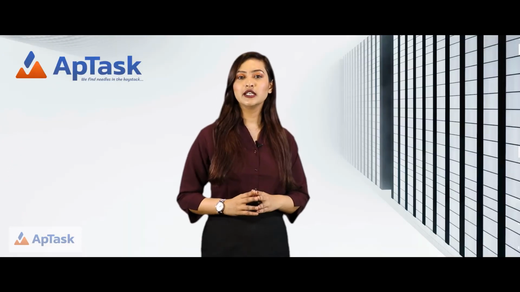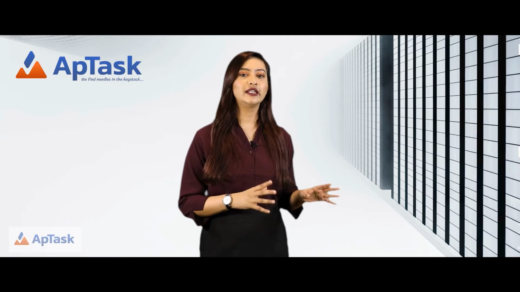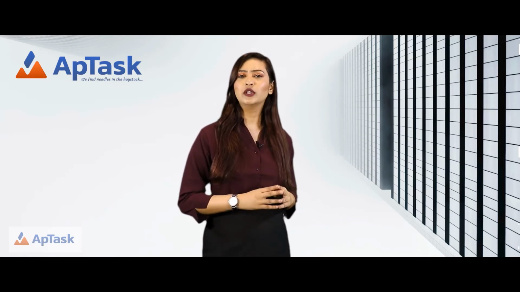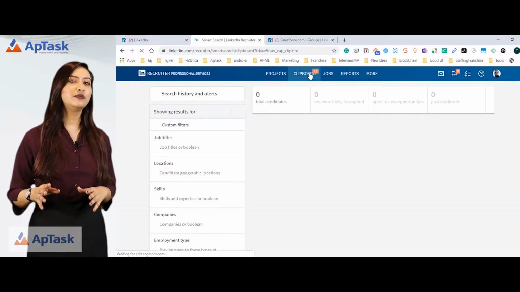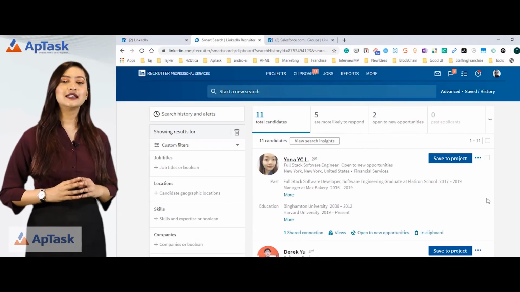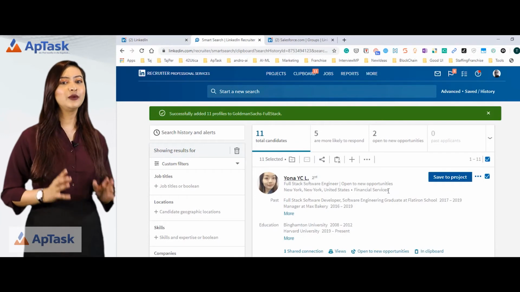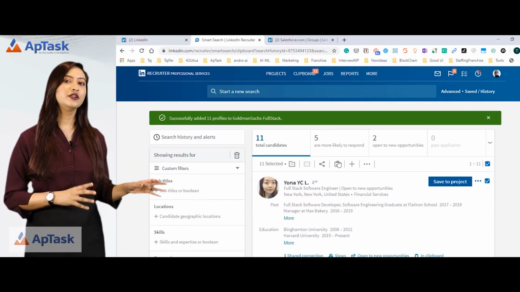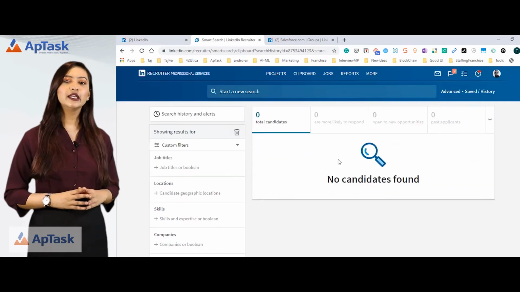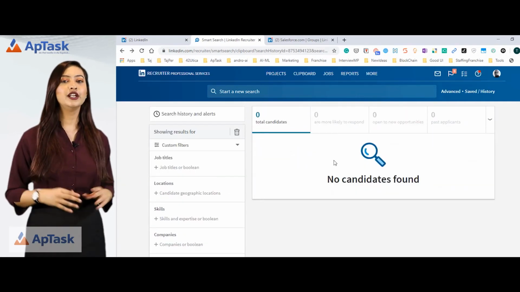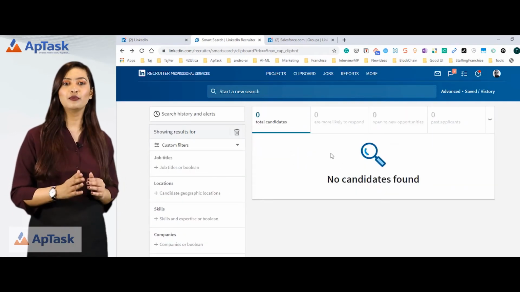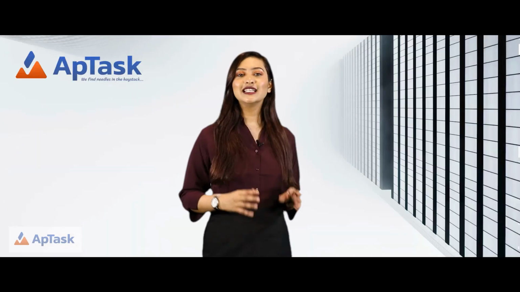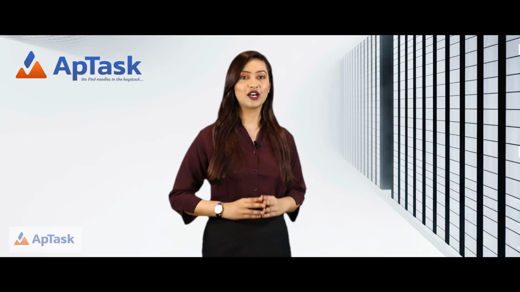Now the question is that you could have done this by sending an email from a search also. Why did we not do that? I want to add all these people to my project. So I select the project and now all these people are saved in this project. I can remove all these people from the project so that I can go back to my search and add more people to the same clipboard if I have added more than 50 people. Let's try and see how that works out.